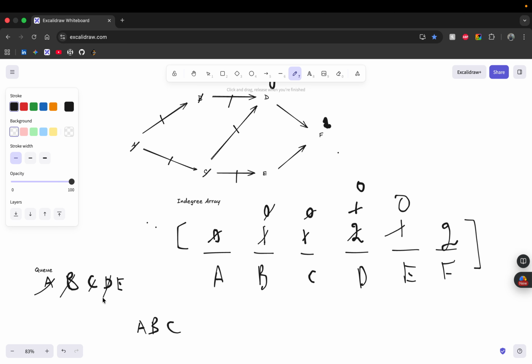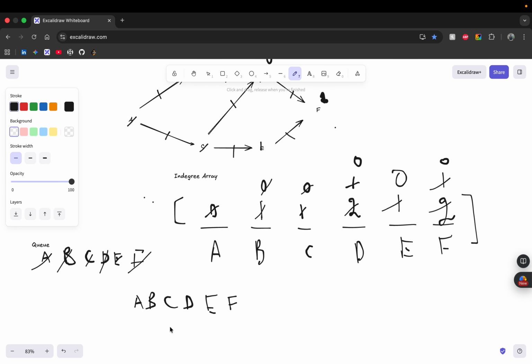Now we again pick the top element and print it. If we remove d, then this will get affected, f will become 1. Then we remove e, print e. If e is removed, this will become 0, this will be removed, and this will become 0. We add it to the queue, remove f, print f. As you can see, we get this list,